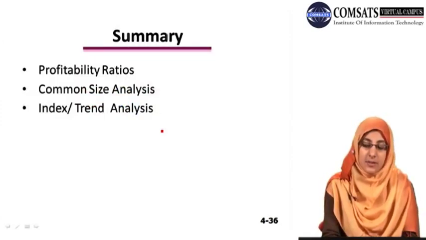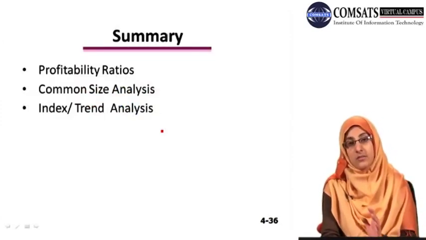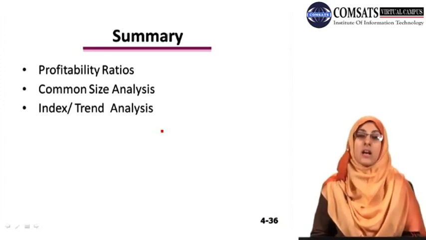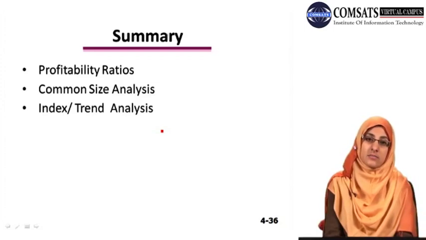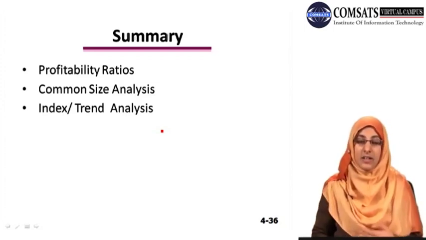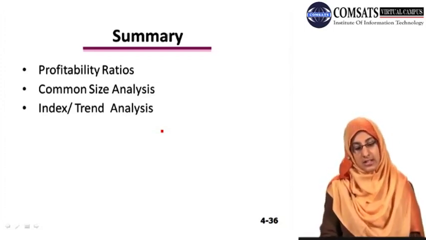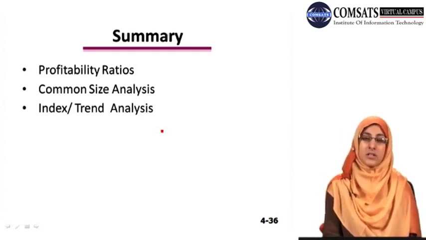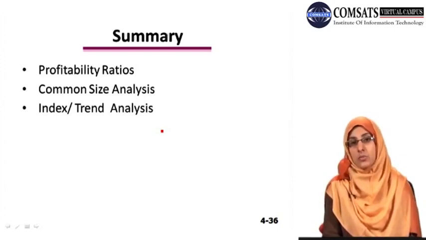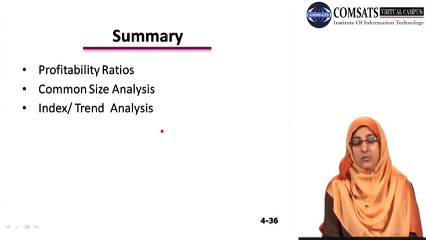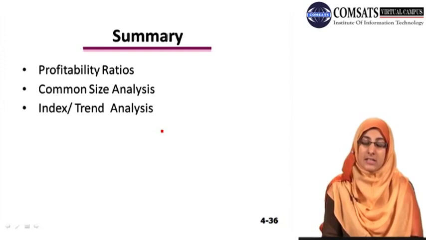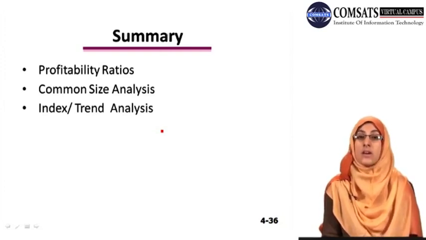Now let's summarize our today's chapter. We studied about profitability ratios, and which indicate that how much efficiently company is earning its profit, how company is dealing with its financial health, and it actually basically tells you about the financial health of the firm. Now there are 4 different profitability ratios: gross profit margin, net profit margin, return on assets, and return on equity. And we most of the time, we as an analyst, we as an investor, the potential investors, the shareholders, and all other owners look at the profitability ratios, all these 4 ratios, in order to know the financial health of